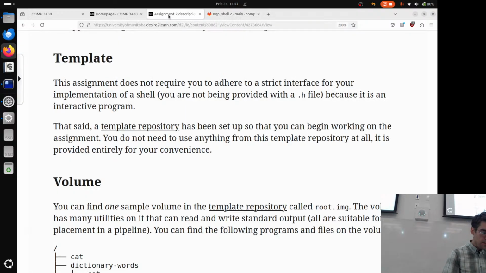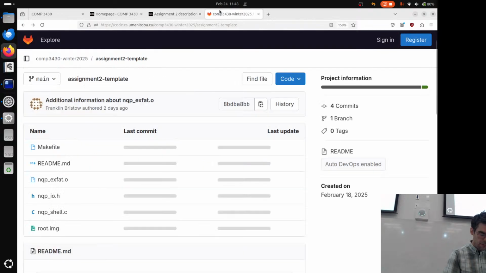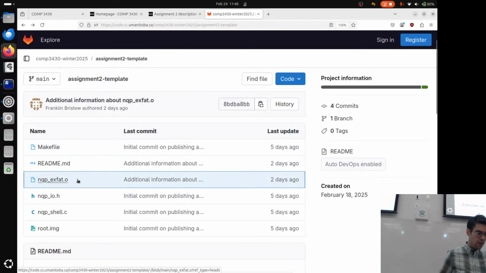Someone has already asked me to provide a version of the .o file here for M1 Macs, and I've asked them to email me, so I'm hoping they email me so I remember. I don't have an M1 Mac on campus, but I do have one at home, so I will recompile it and I will share that in this repository for you so that you don't have to constantly work on Aviary if you are running an M1 Mac or any kind of Apple Silicon.